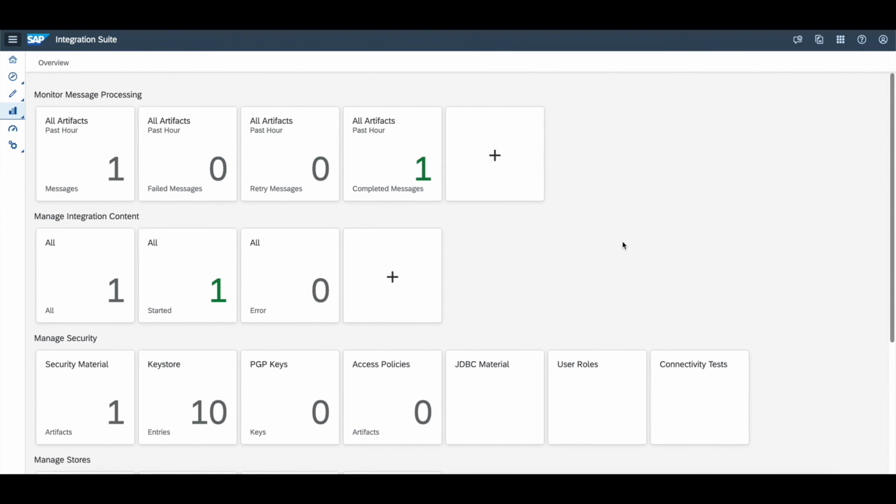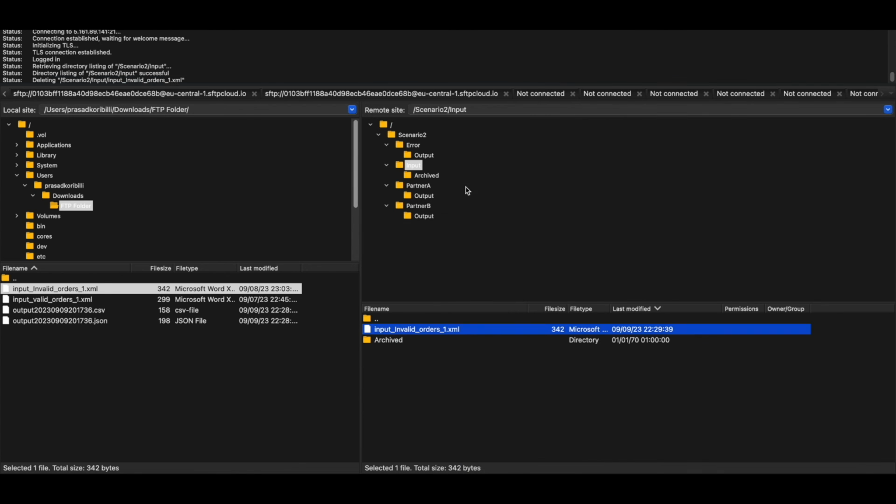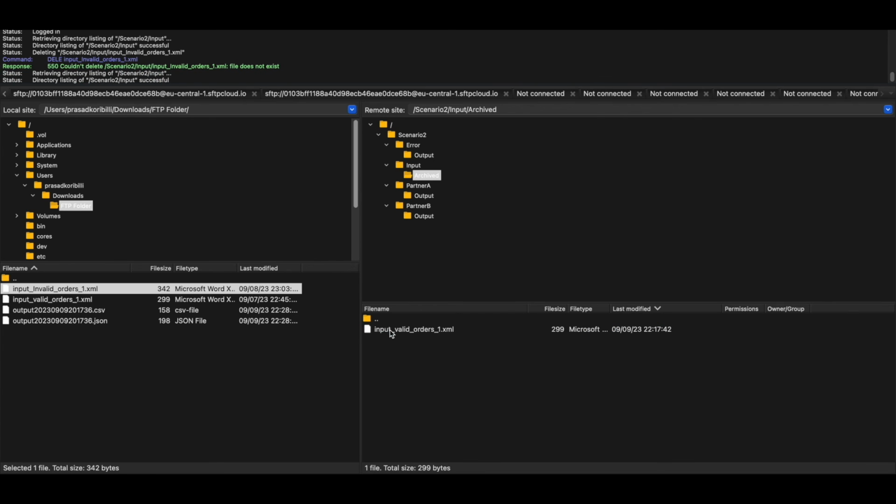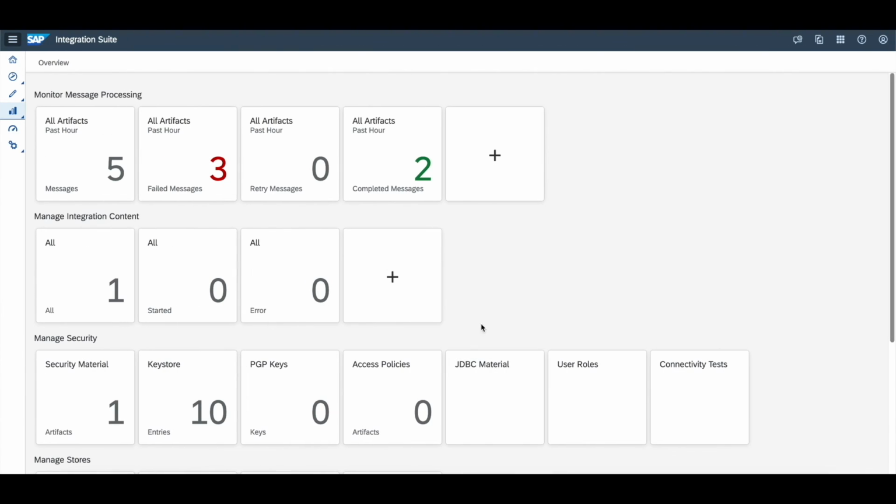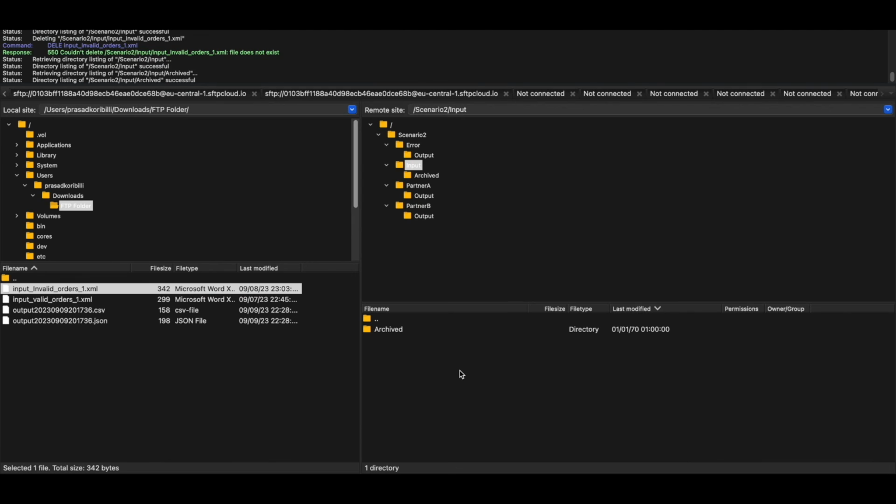So let me go back to monitoring. 30 seconds, we need to wait. So it's not yet picked up. Okay, now it's picked up. Let me go back to the archived, and in the archived you see it's been already moved. So you see there are two completed messages. Click on that, and now if you go back to the error output folder,